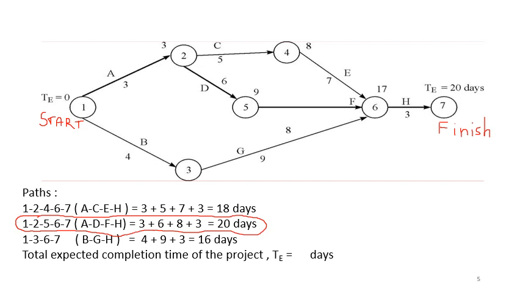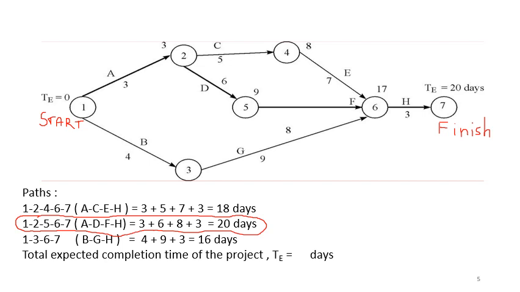And if all activities are not completed, you cannot say that the project is complete. So the maximum amongst all the paths from start to finish will be the minimum time required to complete the project, because the maximum path will ensure that all the activities are completed. Only the maximum path from start to finish will ensure that all the activities drawn here in the network will be completed. So when all the activities are completed, you can have different completion times. So when all the activities are completed, the minimum time required to complete the project is 20 days.